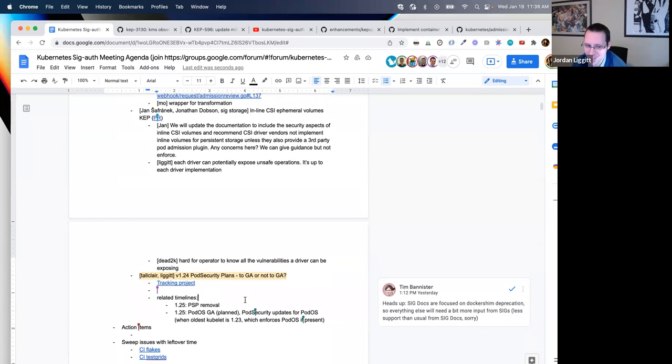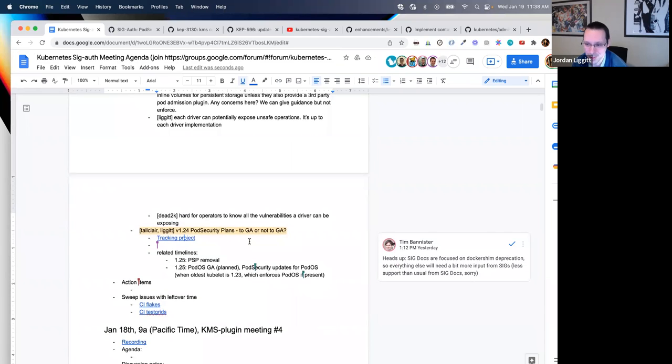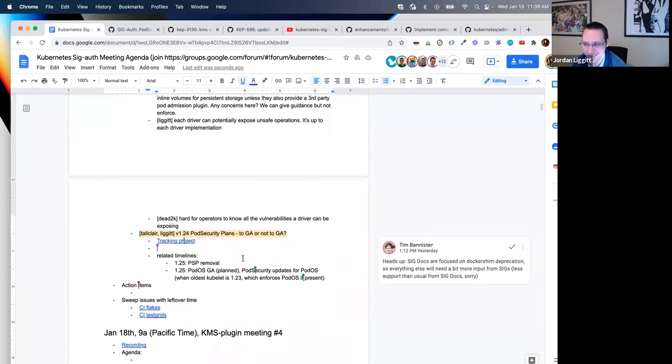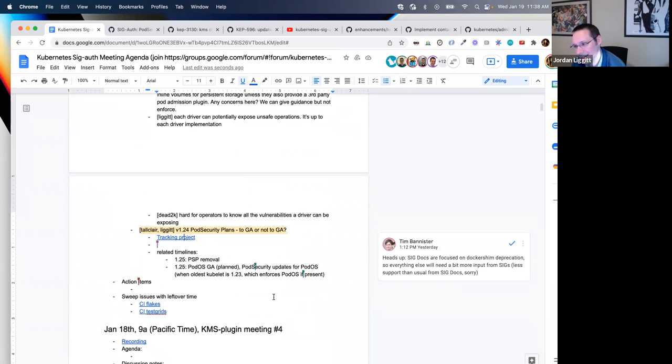I will say, just having come into this area sideways via these discussions, I got super confused by the difference between the ephemeral field, which drives the PVC flow, and the CSI field, which does inline volume specs.